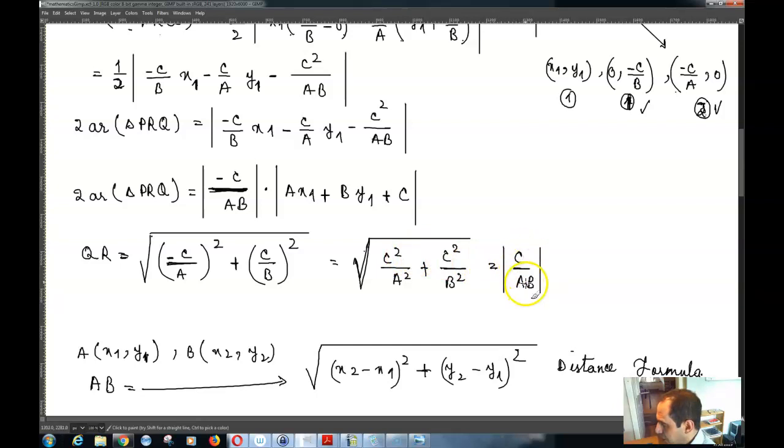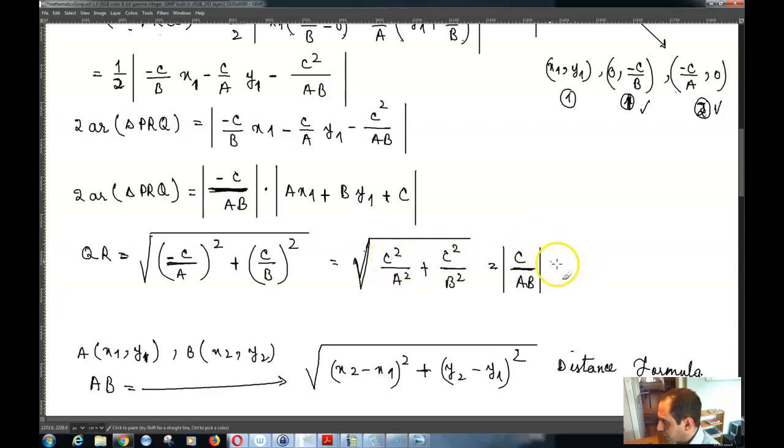So if c by ab goes inside, c becomes c squared, and a becomes a squared, b becomes b squared, giving c squared by a squared plus c squared by b squared, right? Now if I take a c by ab out of the square root function,